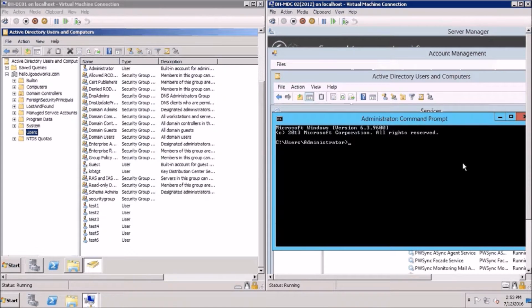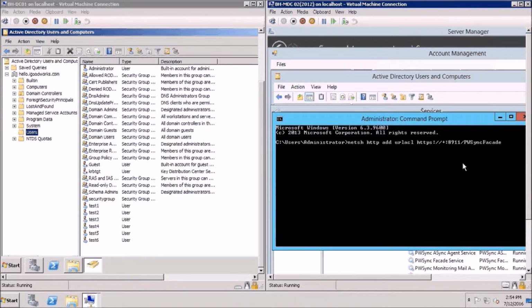Go to the command prompt and write netsh http add urlacl url and the port 8911, which is the port that we are going to use, and pwsync